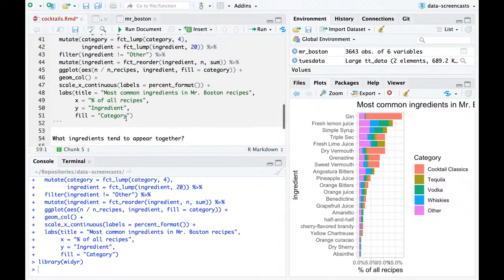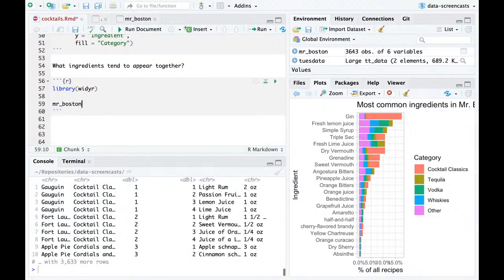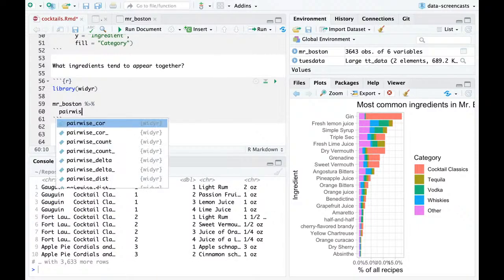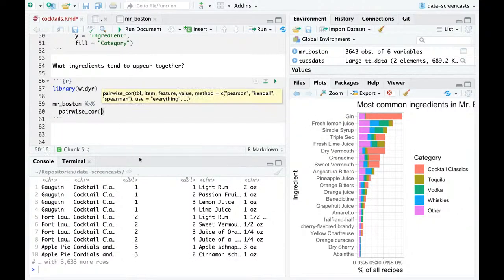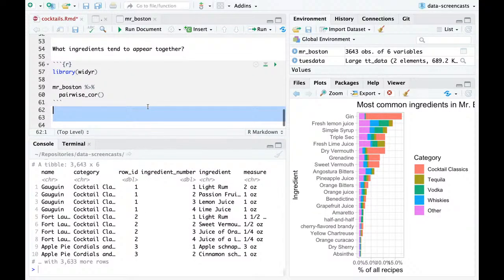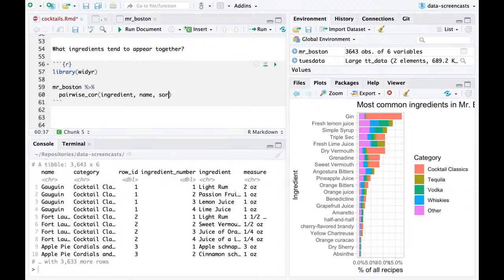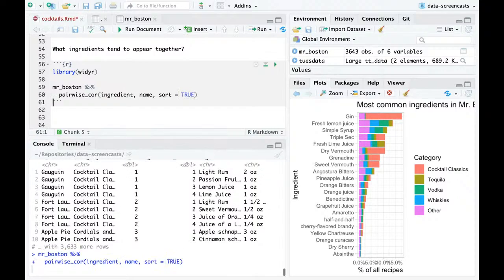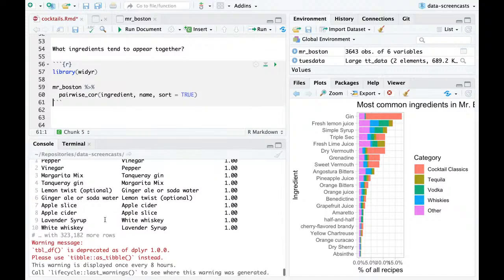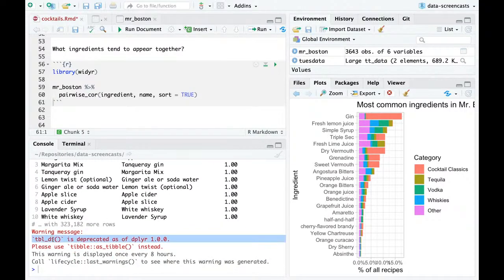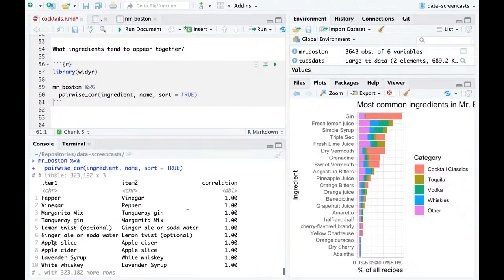So in particular, it's got a very useful function called pairwise core. I'm going to find correlations among ingredients across by name, that is by recipe, and say sort equals true. Wow, did I? I need to update the YDR package. I did not know I needed to do that. I thought that I already had. Well, the YDR package needs to be updated, but